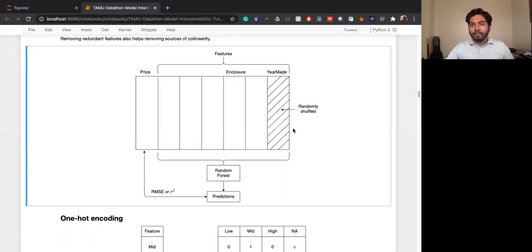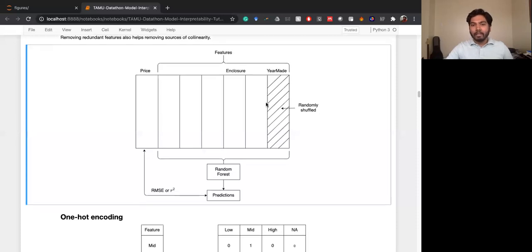What I'll do is randomly shuffle the contents of the year made column. This will preserve the statistics of this column. The mean will remain the same, the standard deviation will remain the same, but what we are doing here is breaking the relationship between the feature year made and the price,